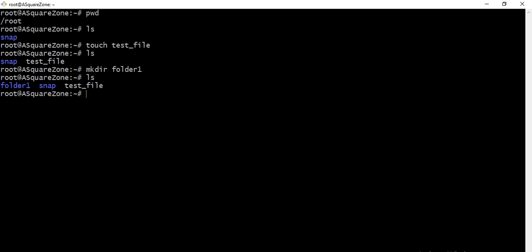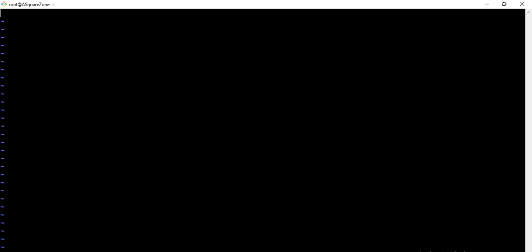Now if we want to enter any text in our file, we can use the vi command followed by the file name. It allows us to give our text, but in this we need to remember two things: one is escape mode and one is insert mode.